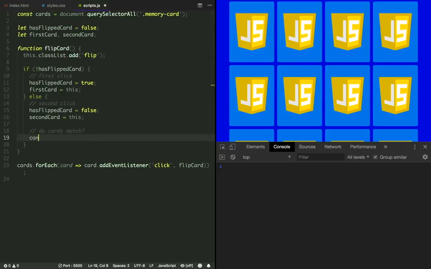In order to access the data attribute that you defined in your HTML, we do this through the dataset object. Okay, so it goes your element.dataset, and the name you have chosen.